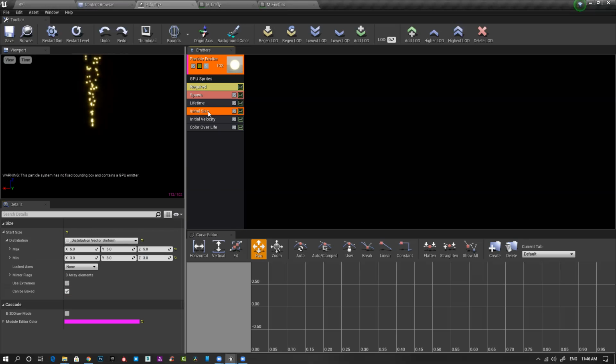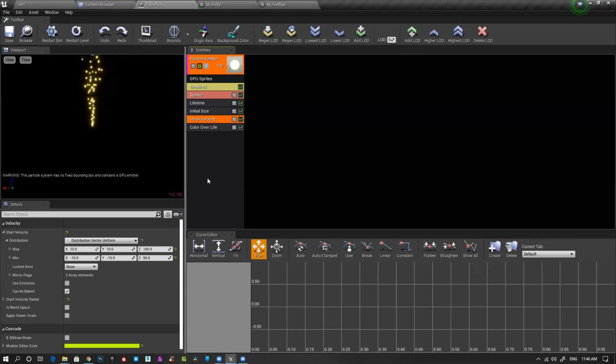Then lifetime, then you have size, then we have initial velocity. Velocity is basically speed, right? Initial velocity is how much speed you want for this. By default, you can see 10, 10, 100, -10, -10, 50. This is something you can change because this is way too fast. If you want to make it really slow, I'll just change it to maybe 5,